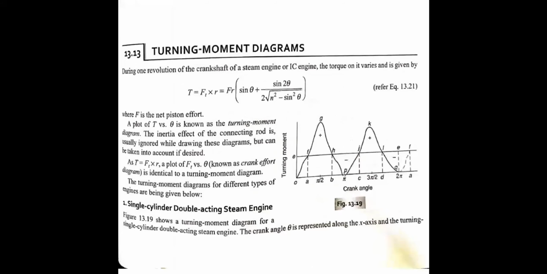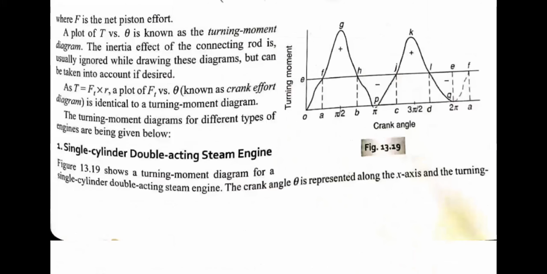What we discussed in the earlier class, we will just rewind that. That is the turning moment diagram. When we see the turning moment diagram, we have the single cylinder double acting steam engine, the single cylinder 4-stroke engine and the multi-cylinder engine. If you are observing that,